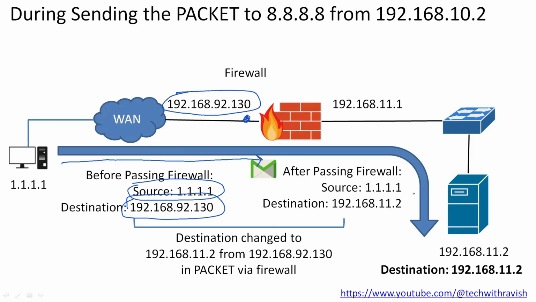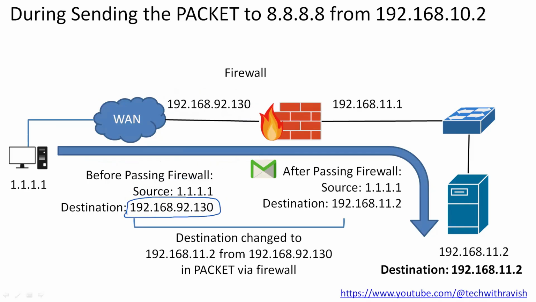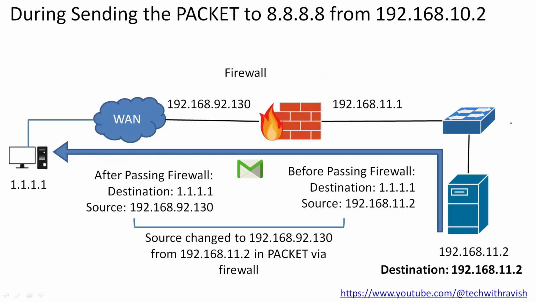So this destination IP address 192.168.92.130 will be changed to 192.168.11.2, the server IP, when the traffic passes through the firewall, because the firewall will check the policy. In the policy, the IP address available is 192.168.11.2. So the destination will be changed to 192.168.11.2 from 192.168.92.130. What will happen in the reverse process,